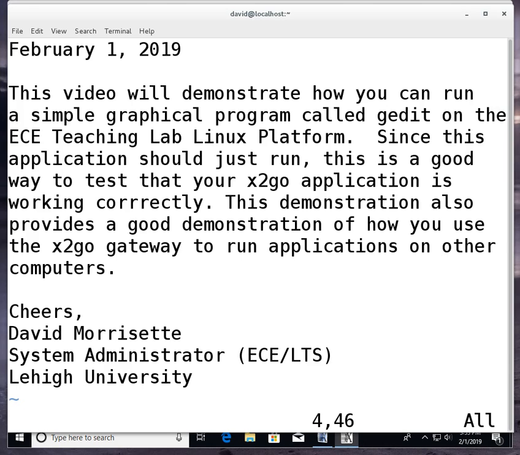Hello, we're going to make a video, and this video will demonstrate how you can run a simple graphical program called gedit on the ECE Teaching Lab platform. I'm also going to throw in a little bit of instruction on how you can run multiple programs from the same shell login session. So anyway, since this application should just run, this is a good way to test that